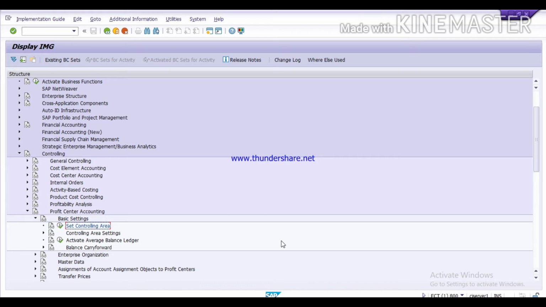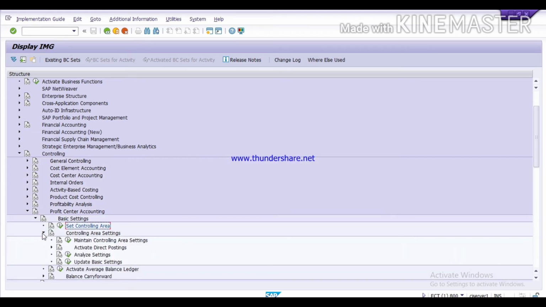Now the path is, in basic settings you will find this controlling area settings. Click on it, and here the first one, maintain controlling area settings. Execute it.